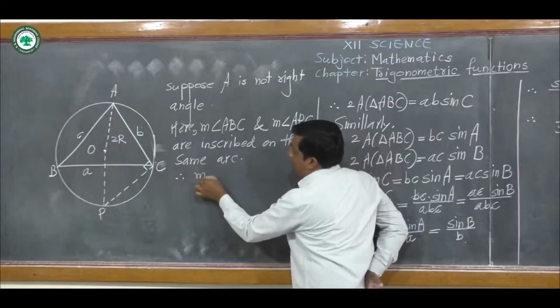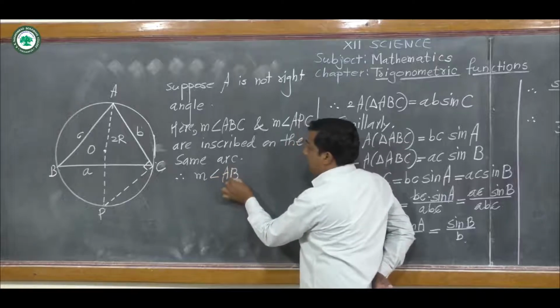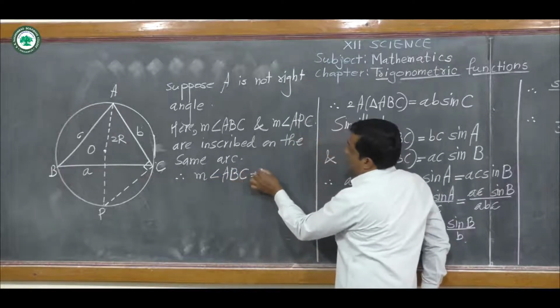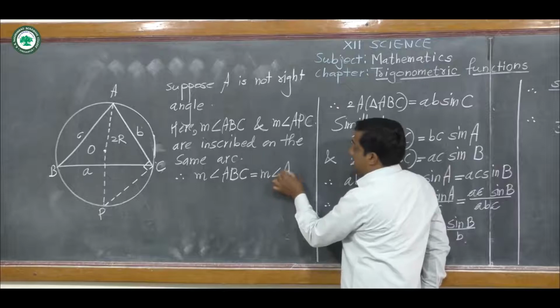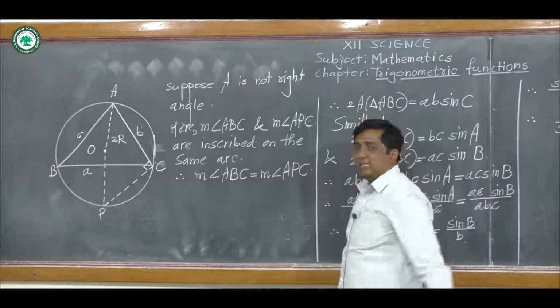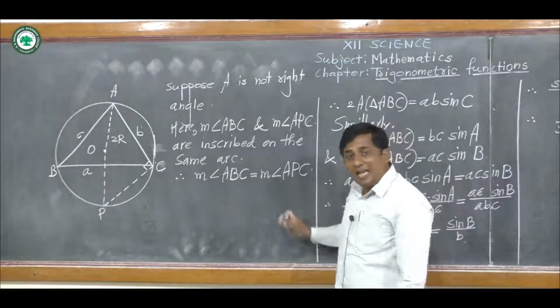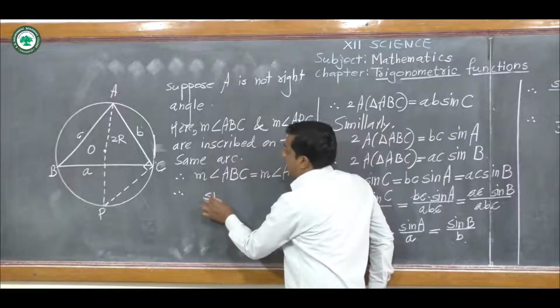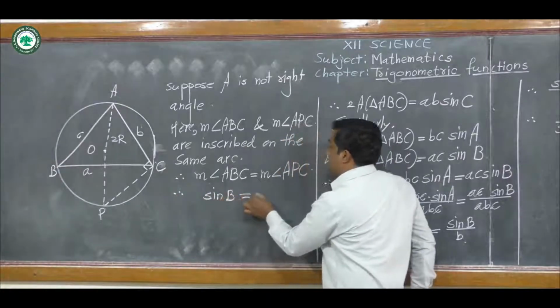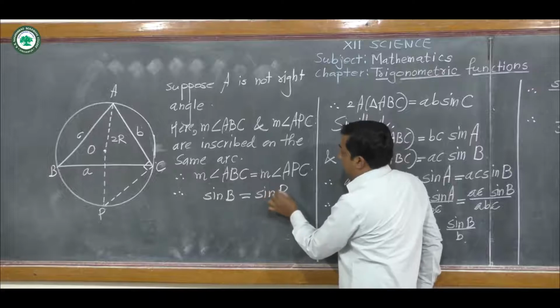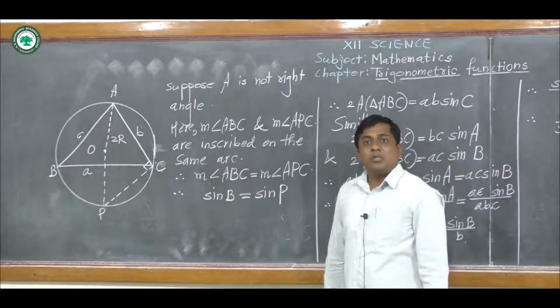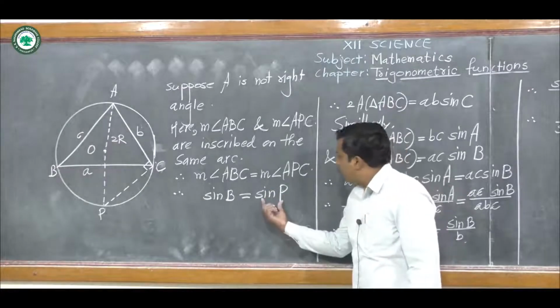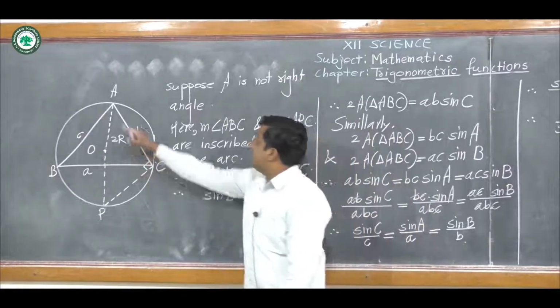Therefore we get the measure of angle ABC is equal to the measure of angle APC. If we get this relation, here I write sine B is equal to sine P. Now we define this sine P by using the triangle